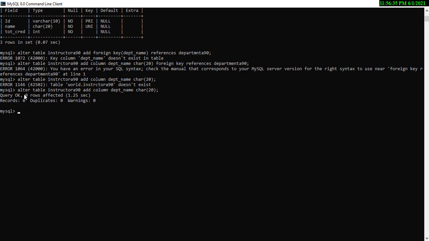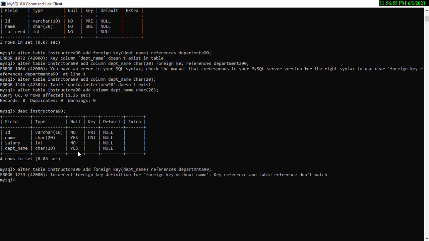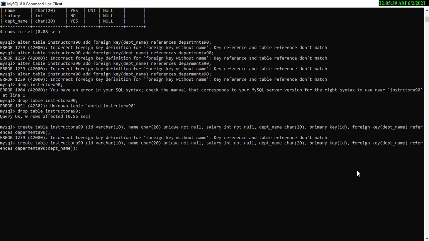So now we have added this column. So describe instructor A90. You can see that this department name is already added. Now I can use this alter table query to add the foreign key, instructor. Okay, so I am going to implement one small change over here.